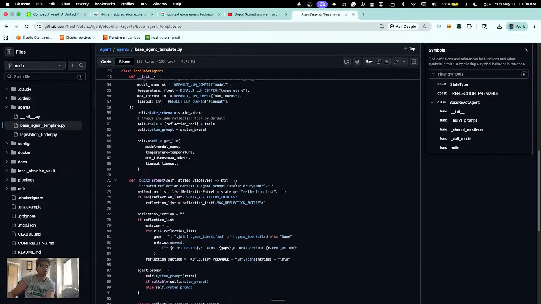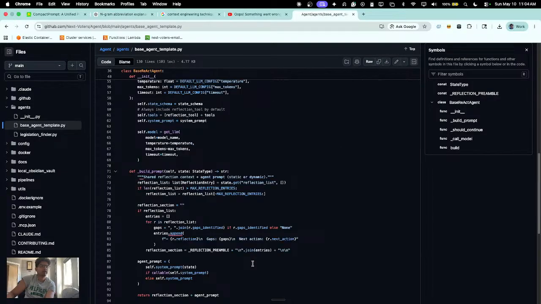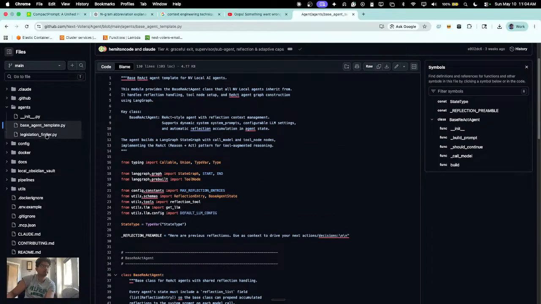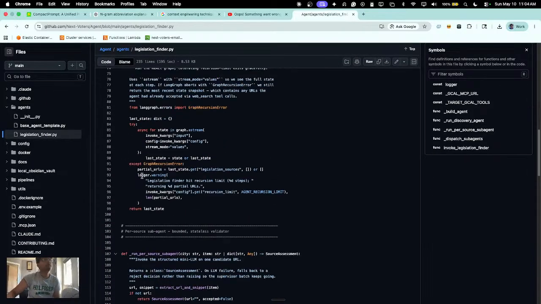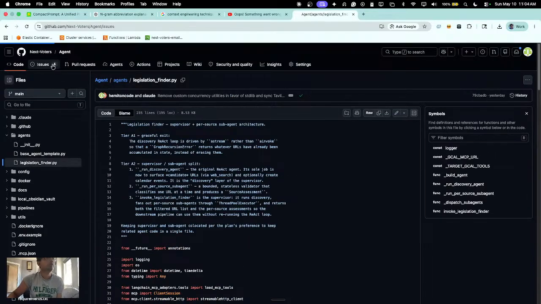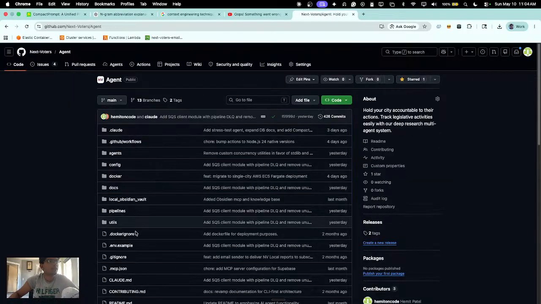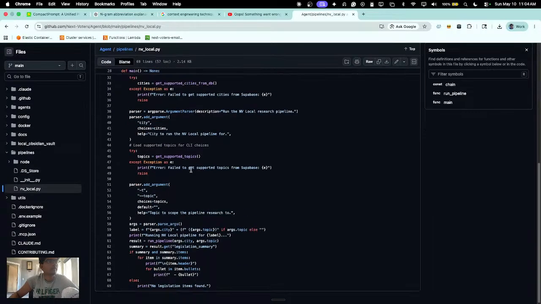This base agent template, which includes a class over here, is basically what allows us to essentially allow multiple agents to be created. So right now we only have a legislation finder. However, I'm actually going to be rebuilding this so that we will have two separate agents. We're going to have a lead researcher agent and then a researcher agent, and then within the pipeline itself for the NV local, this pipeline itself,